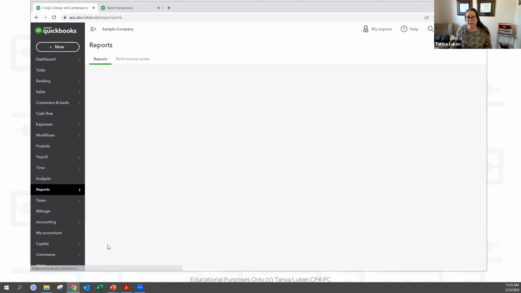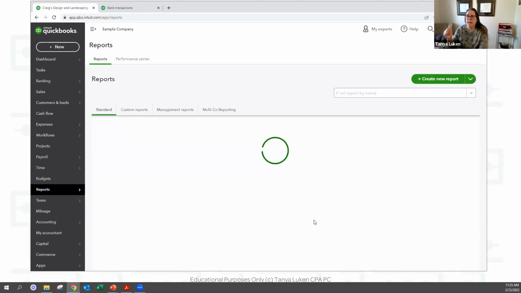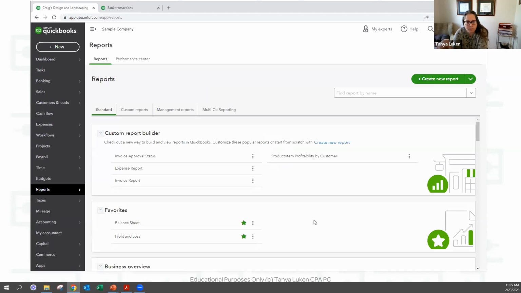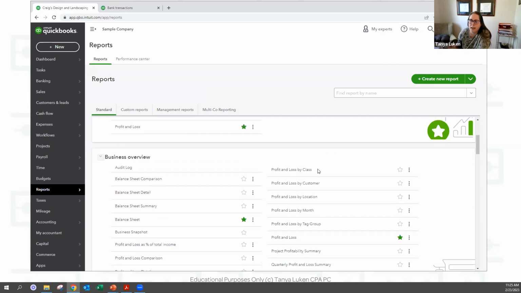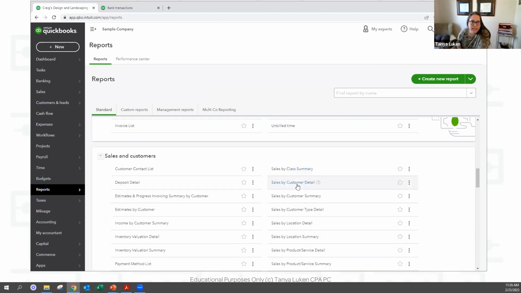There's about 1.5 million reports that you can run. In some versions of QuickBooks, remember we talked yesterday that Simple Start only had 20 reports and Essentials has like 45 reports and Plus has like 60 reports. There's just a ton of them in here for you to see.